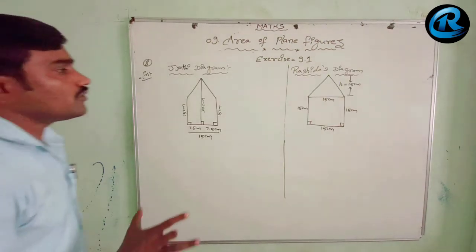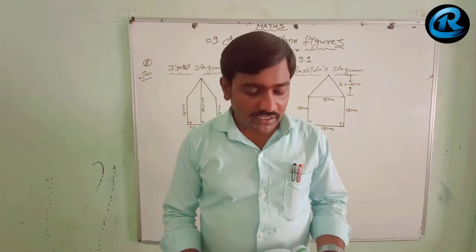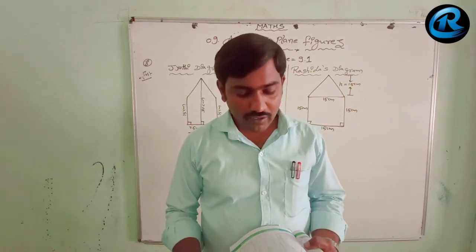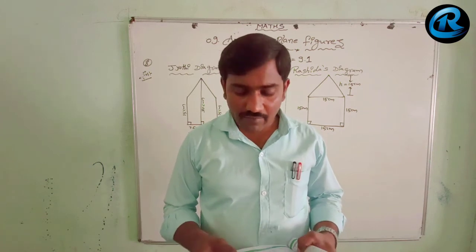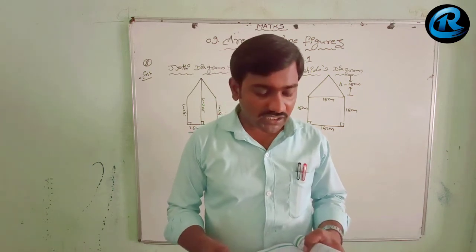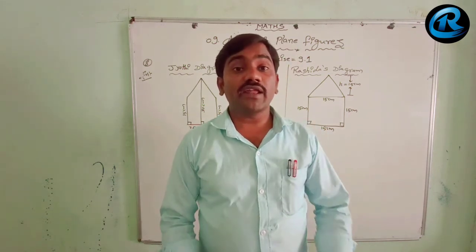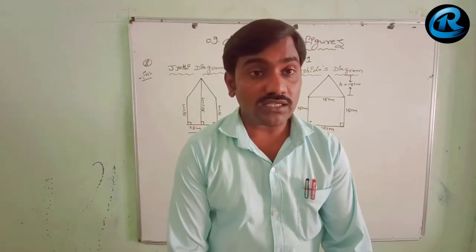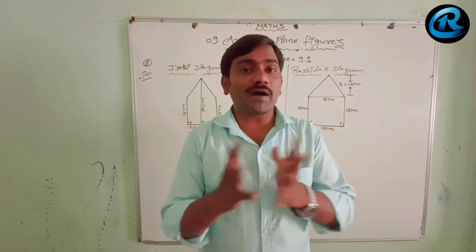Now we go for 8th question. So here I will explain the 8th question, that is there is a pentagonal shaped part as shown in the figure. For finding the area, Jyoti and Rashida divided it in two different ways. Pentagonal area ను find out చేయడానికి జ్యోతి మరియు రషీద two different ways ను ఎంచుకున్నారు. So they divided it into two different parts also.